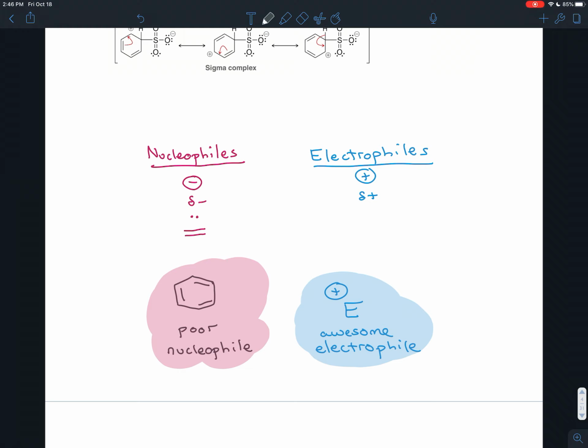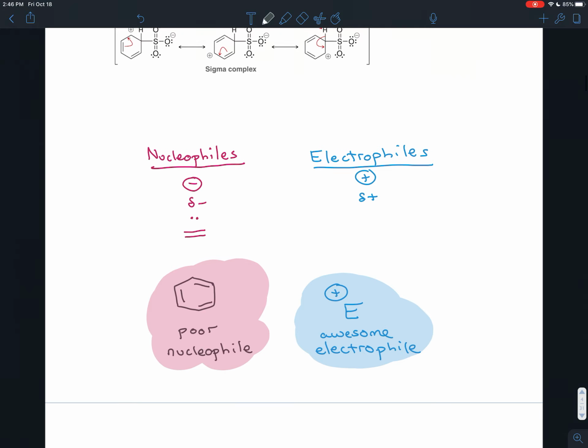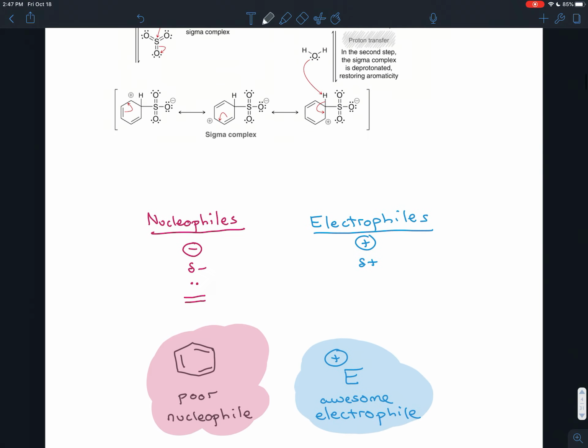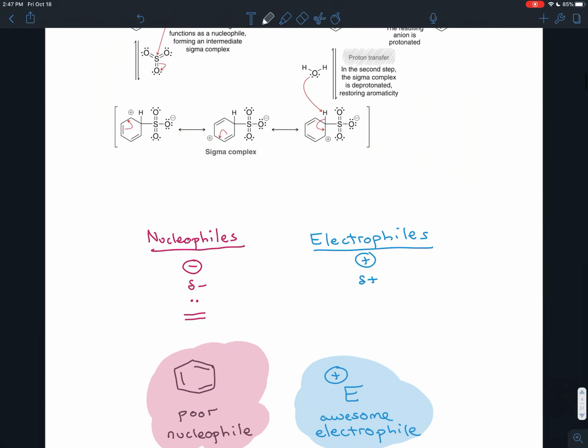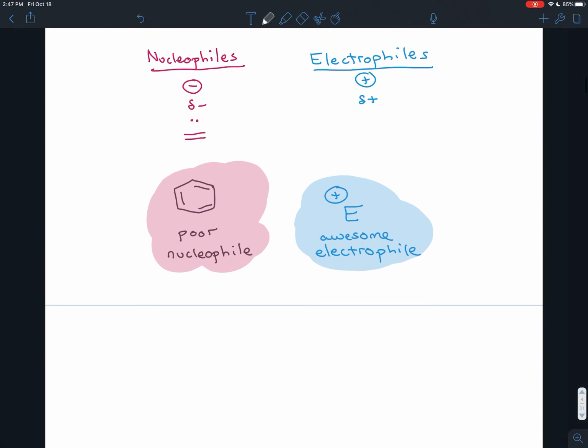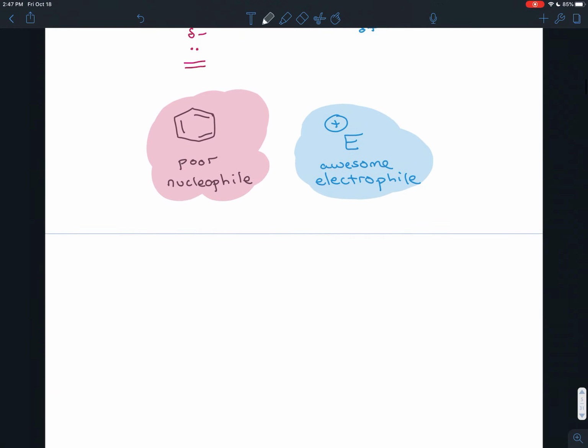And the only way we can tempt it to react is by combining it with a really awesome electrophile. Now, in the case of bromination, we had to add a metal catalyst to turn the bromine into a really awesome electrophile. But in this case, we're going to have a really awesome electrophile from the very beginning. Let me show you how this reaction is usually written when somebody doesn't show the mechanism. If they just want to give a sense of the recipe,